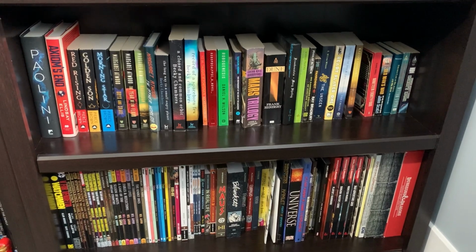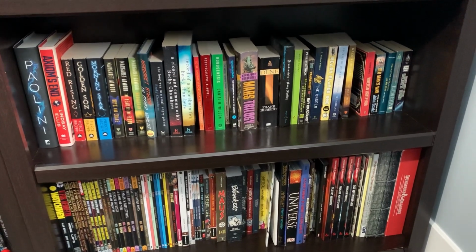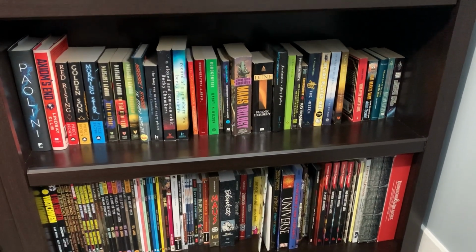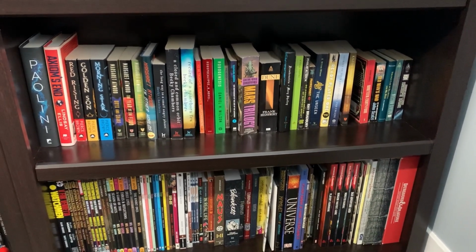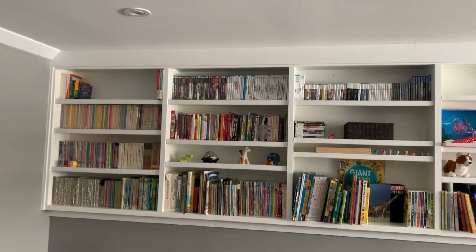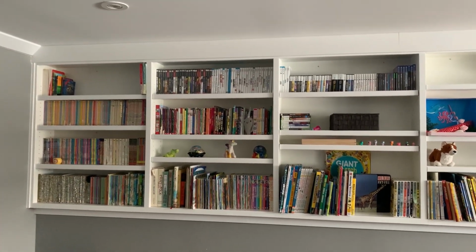the ones that wouldn't fit on our space shelf out in the other part of the bookshelf in the basement, and then just Dungeons and Dragons stuff because it's really heavy and it's got to go on the bottom of this shelf. So the final part of this video will just be these custom bookshelves that we recently had put in,